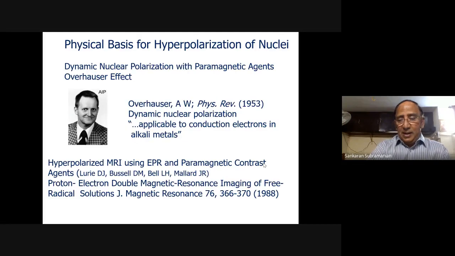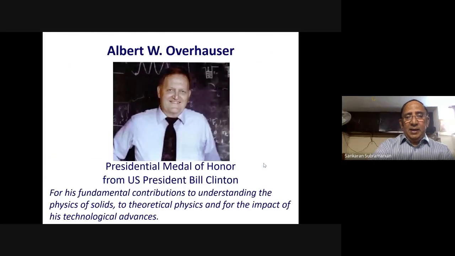Okay, this is now additional NMR and ESR imaging techniques which are efficient by way of polarization transfer. Overhauser imaging: this is Albert Overhauser, who discovered the enhancement of nucleus signals in the presence of electrons. For example, the lithium NMR resonance was very highly enhanced when you could transfer magnetization from the outer electron to the lithium nucleus. Originally, the paper, of course, was rejected. Later on, they apologized and accepted the paper. He should have gotten the Nobel Prize. Unfortunately, he is no more. He was given the Presidential Medal of Honor by Bill Clinton.